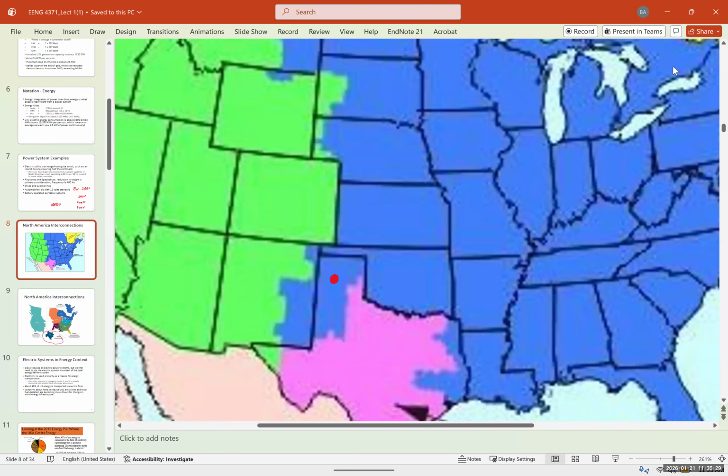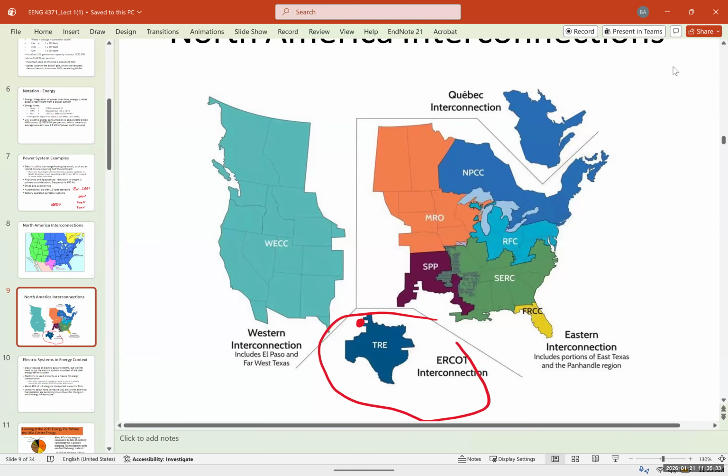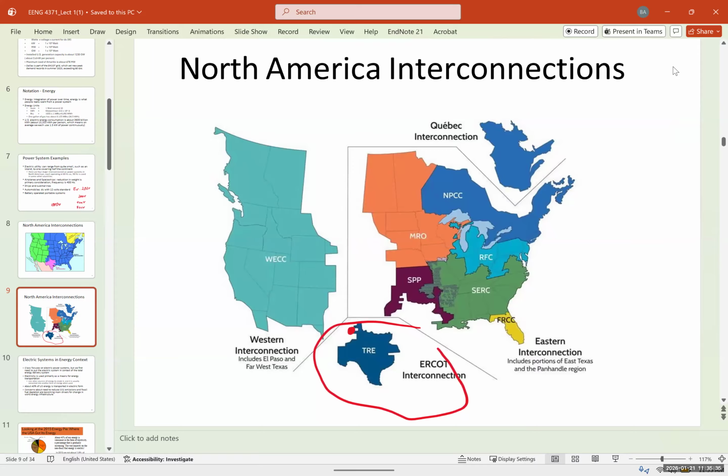We are in the Xcel Energy territory, which is actually part of the Eastern interconnection. So as you can see, we are in this part, which is the Eastern interconnection. Actually, we are right here. And so we have ERCOT, we have the Eastern interconnection, we have the Western interconnection, and we have the Quebec interconnection. That's the reason Amarillo and Lubbock didn't have blackouts in 2020, 2021.